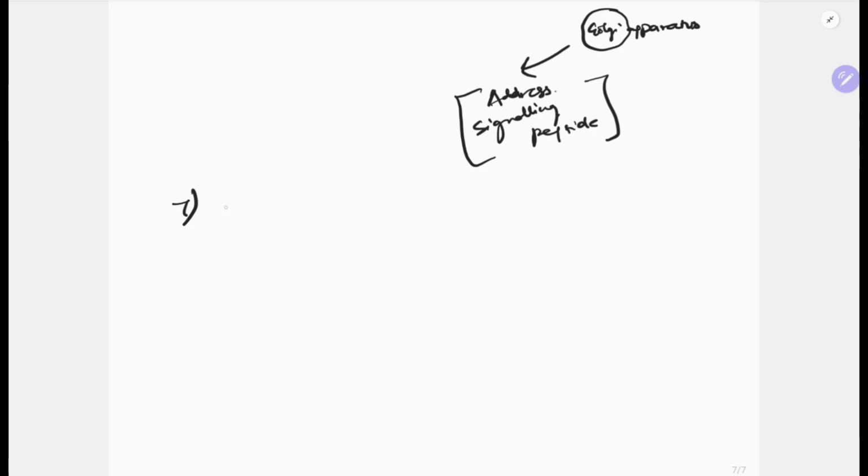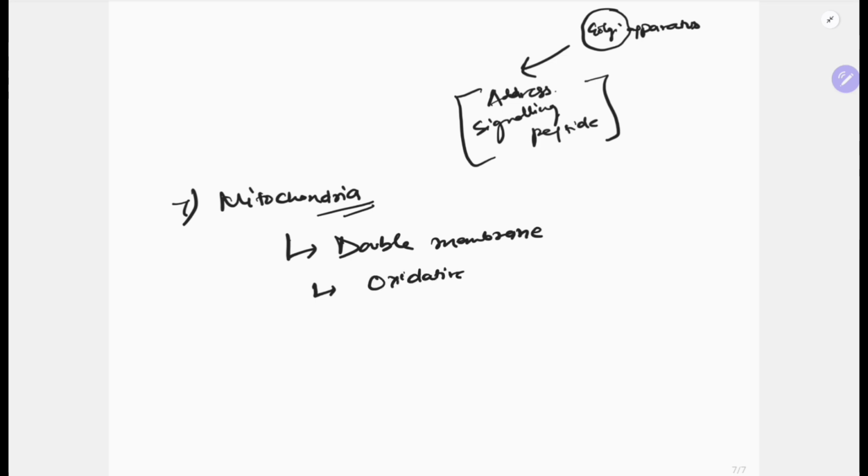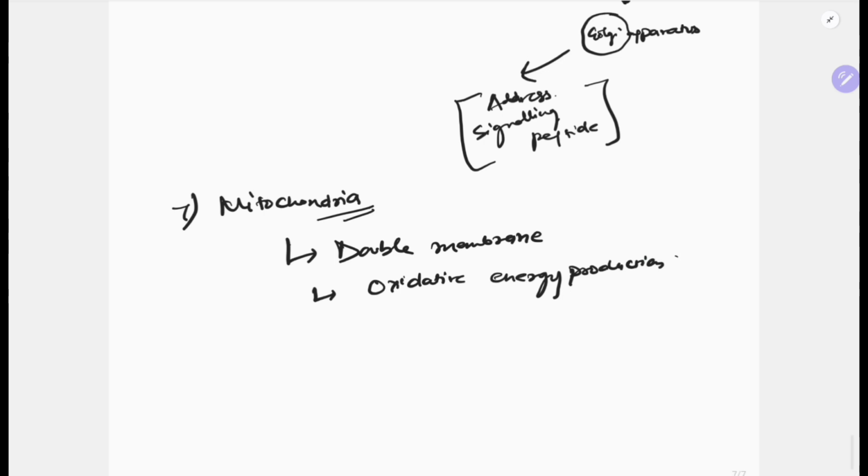Okay, the seventh is mitochondria, which we already discussed, but let's go again. So it has a double membrane. Just always remember that mitochondria has a double membrane. It is a site of oxidative energy production, basically your ATP. Thus it is known as the powerhouse of the cell, right? It is very small in size, similar to a bacteria. So that is why the endosymbiosis theory,